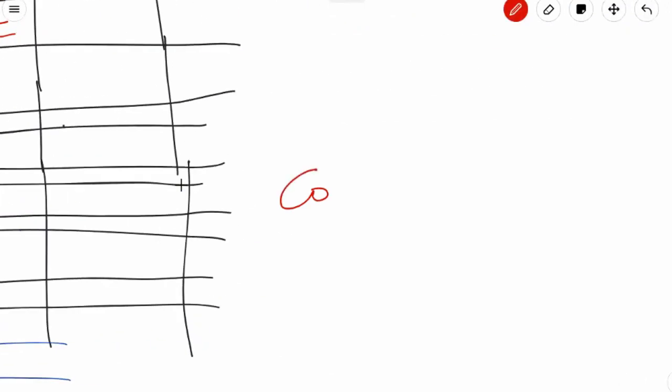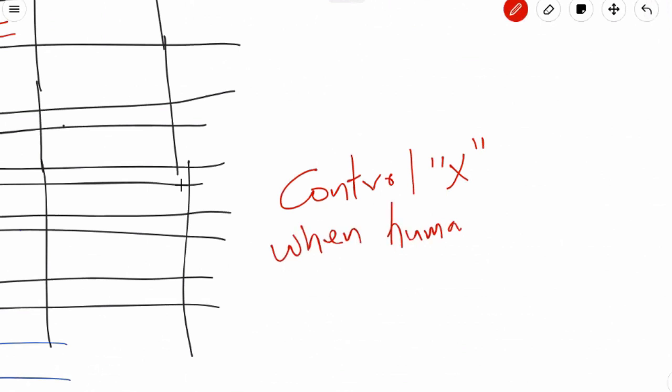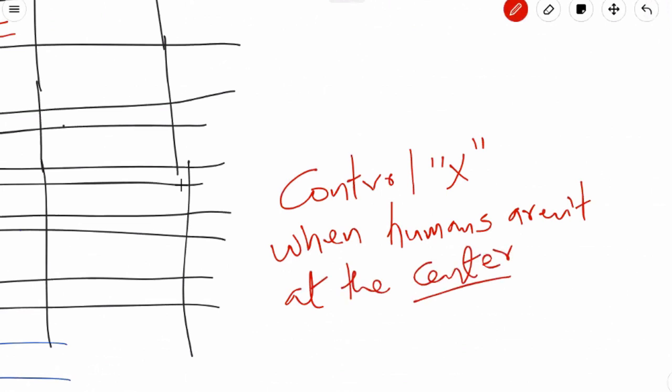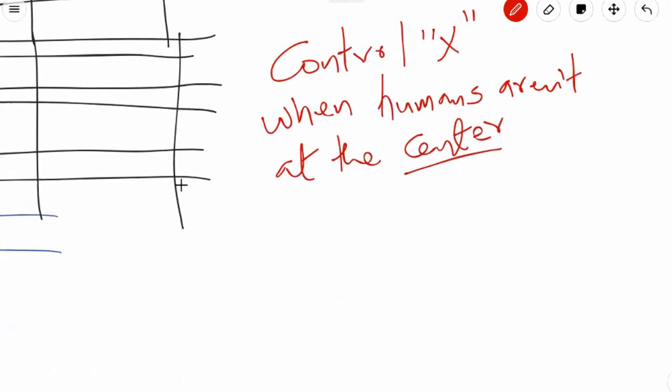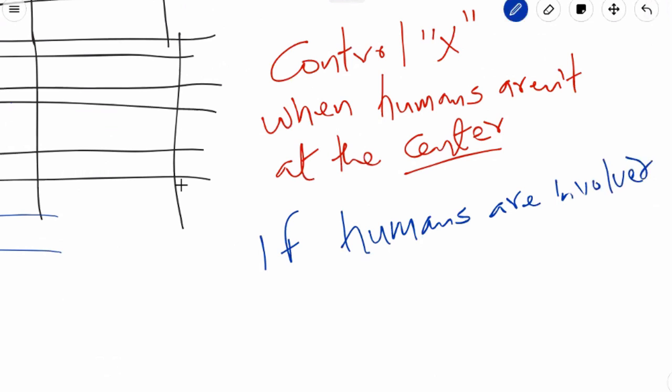So control X when humans aren't at the center. If humans are at the center, then you're going to use a different rule. If humans are involved at the center,